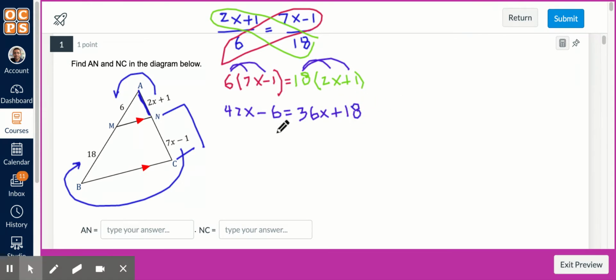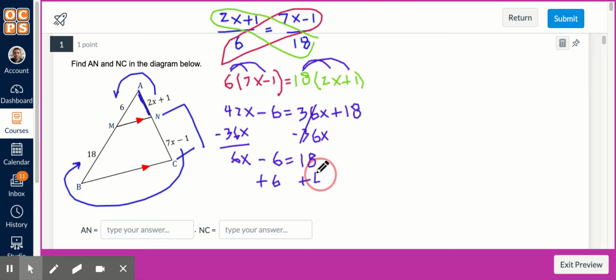18. Now we have x's on both sides. You either cancel the smallest one or the one on the right. So I'm going to cancel that 36x, which is minus 36x on both sides. 42 minus 36 gives me 6x, bring down the negative 6. 36 cancel out, I'll bring down the 18. Okay, now keep going. Plus 6, because I have to leave the x by itself. So I'm going to work on the left side. Those 6's cancel. And I have my 6x equals 18 plus 6 is